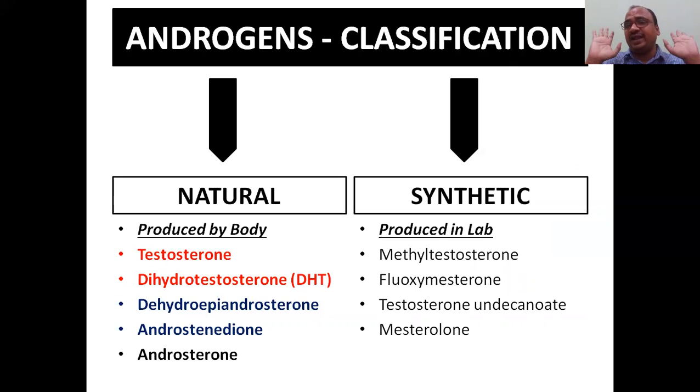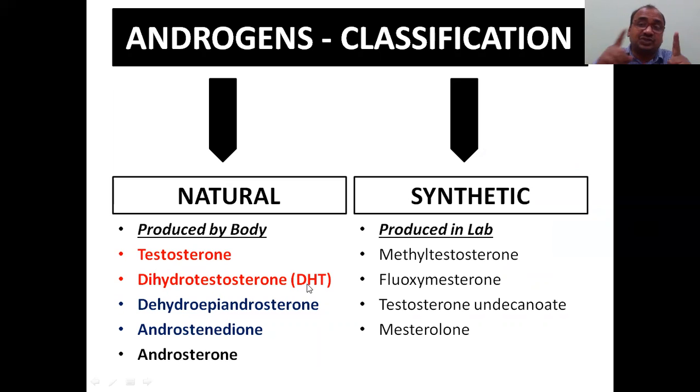Androgens are classified as natural and synthetic. A number of times it has appeared in question papers for competitive examinations: which hormone is synthetic, which hormone is natural. These things you have to learn. The first one is natural, which is produced by the body: testosterone,